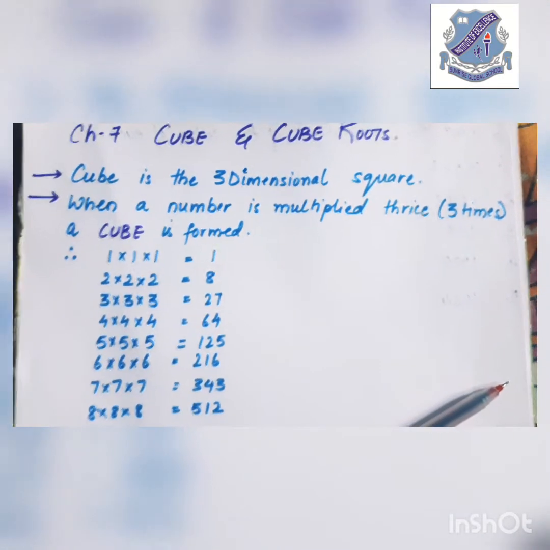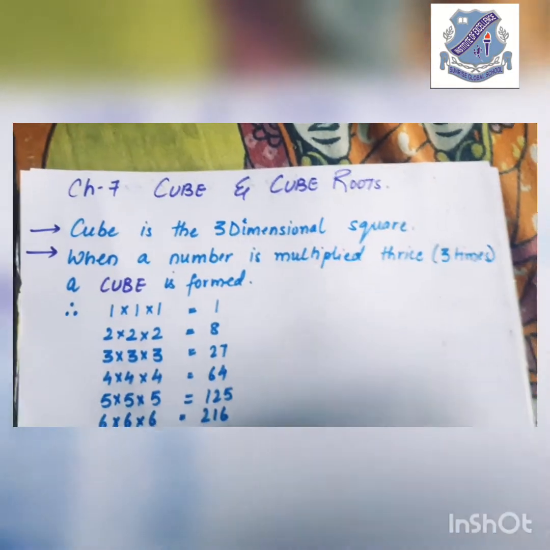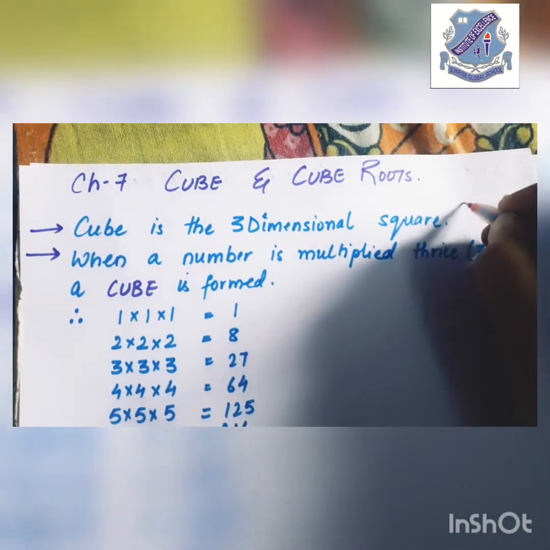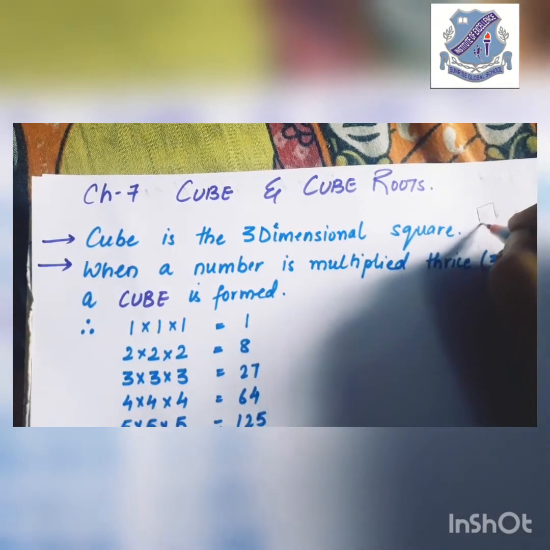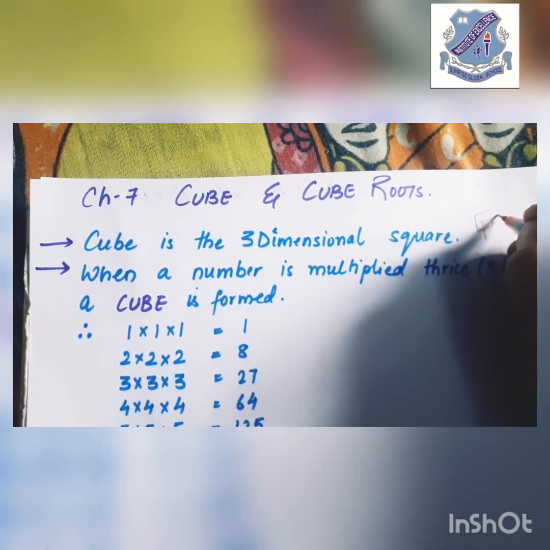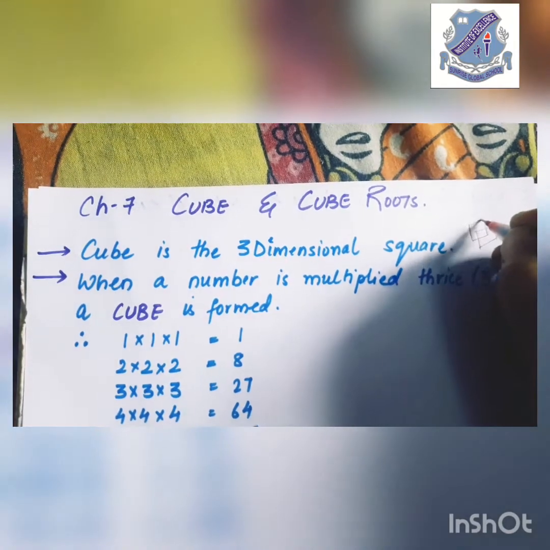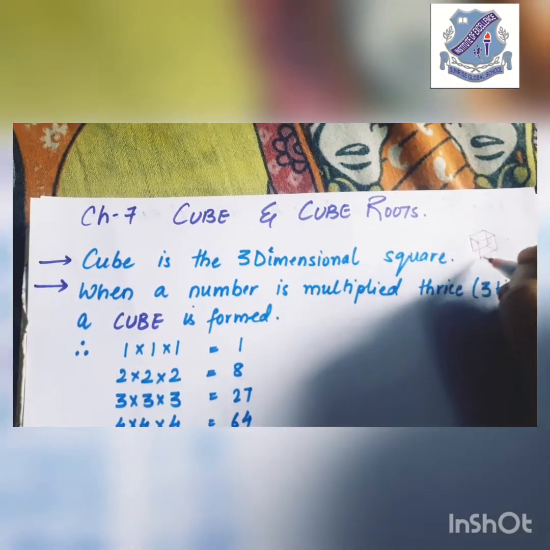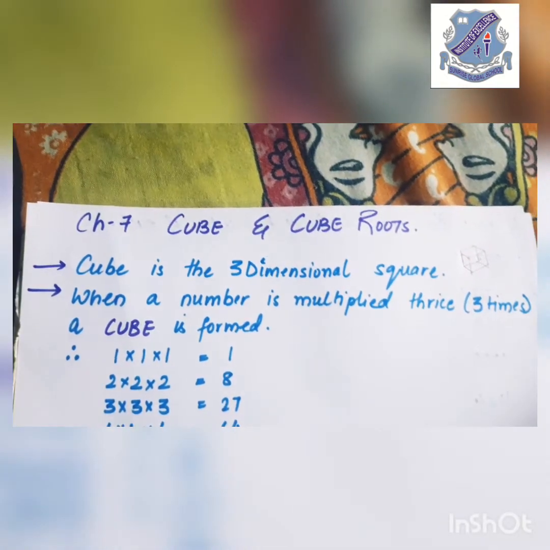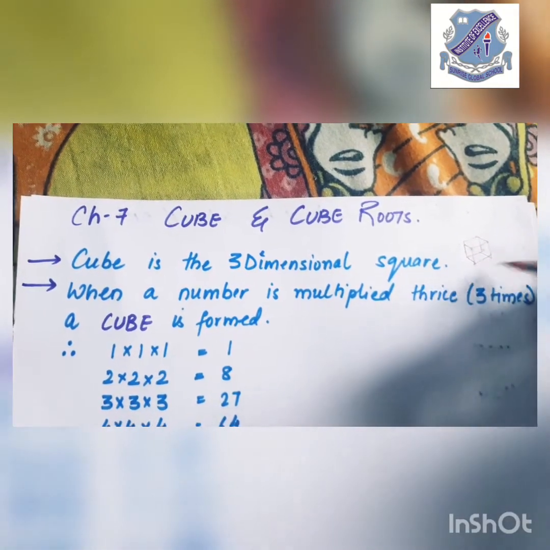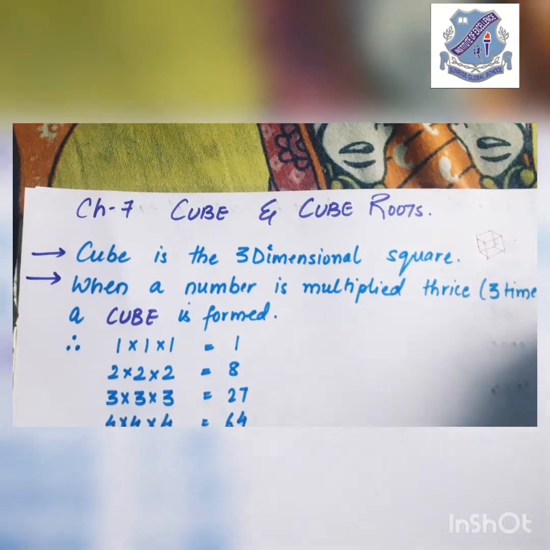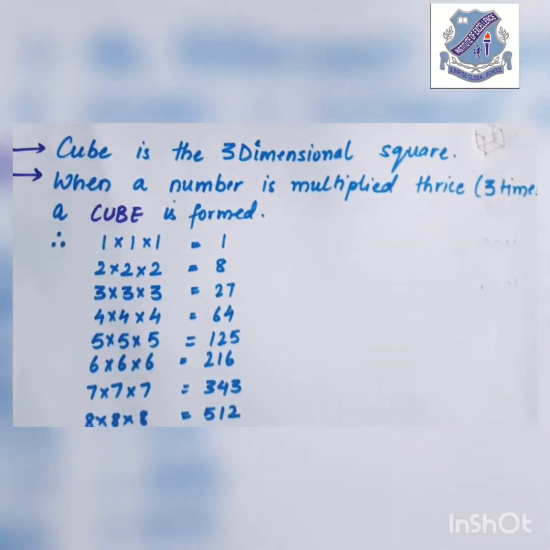So I would like to draw a cube and show it to you here. If you are seeing this, it is a square. Assume it is a square, and this is how a cube is made. Okay, so this is the three-dimensional model of a square, one square above another square, and we join the lines and make a cube. But that was about geometry.